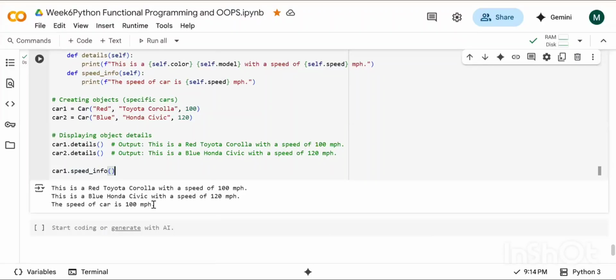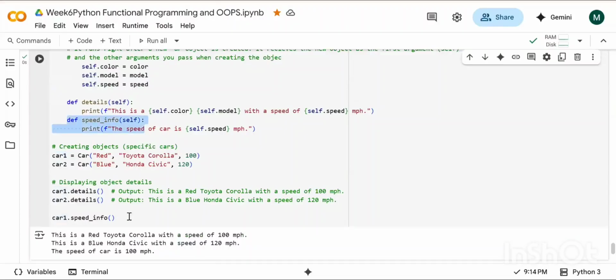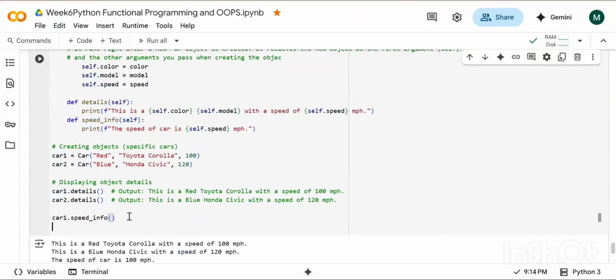Okay, guys, is it clear? Oh, not a new object. Car 1 is the already created object. With that only I have called the speed info. Car 2 is already created now. With car 2 again, I can do it.